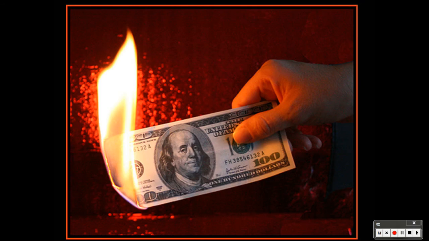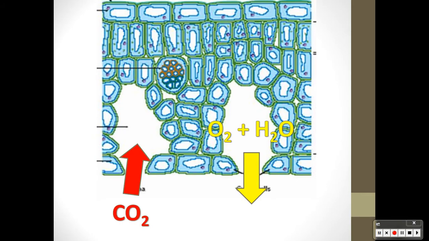And the answer is to burn it, to just spend it as fast as you can. The faster you spend it, the more they'll give you. That's how the diffusion through the stomata works as well. The CO2 needs to be used up as quickly as possible, and as soon as it's used up, what we end up with is